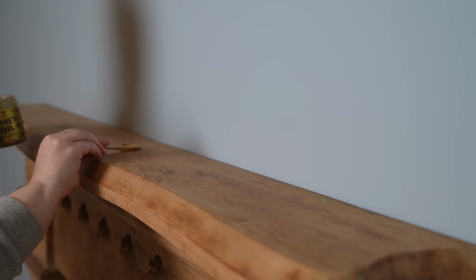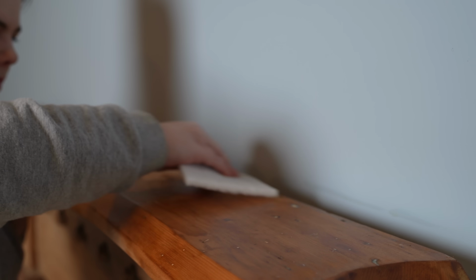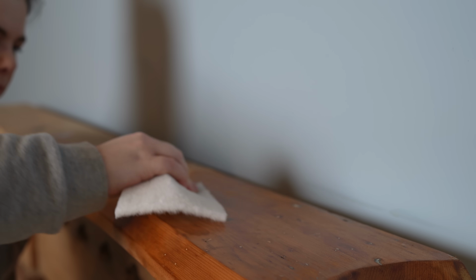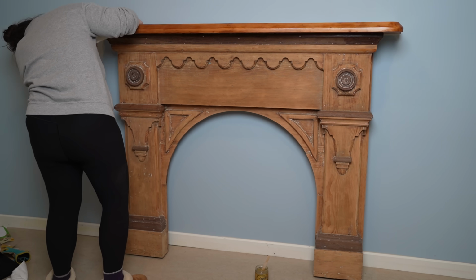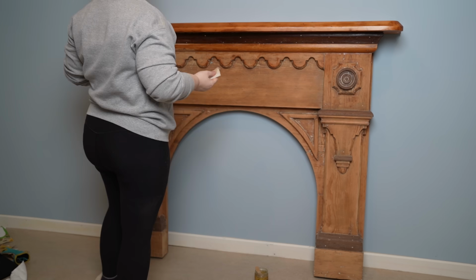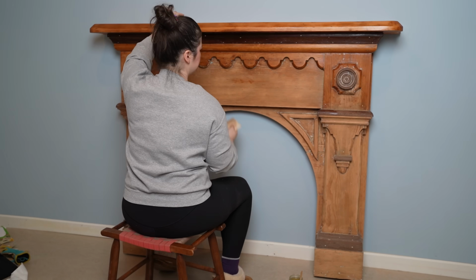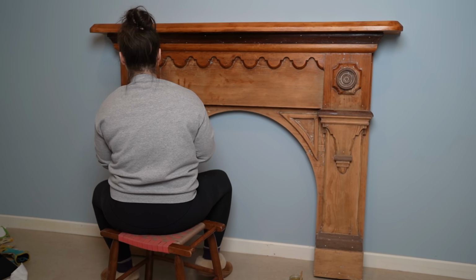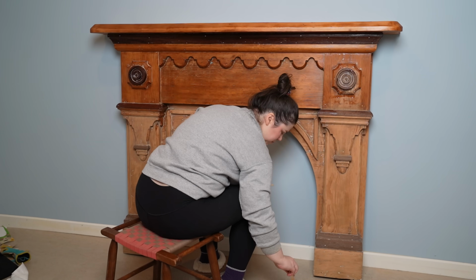Oops. The way I finished the fireplace was using Odie's oil. I did some research on YouTube watching different woodworking channels. And when I saw Odie's oil and I saw how easy it was to use, but also the kind of finish that it gave, I knew that's what I wanted to use for this fireplace because I didn't want it to look too plasticky, varnishy. I didn't want it to affect the color of the wood. I wanted it to be as natural and original